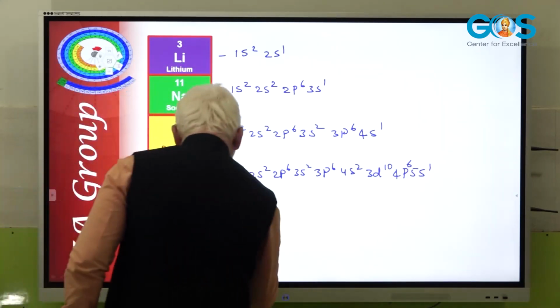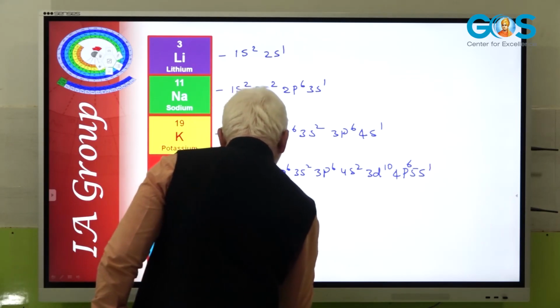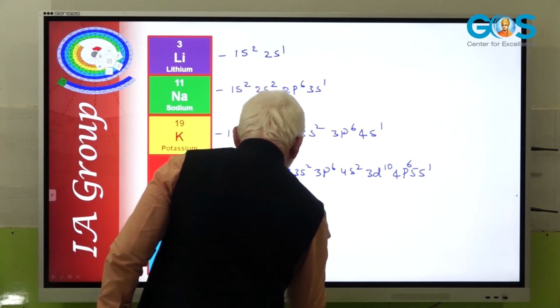In the similar way, cesium is 1s2, 2s2, 2p6, 3s2, 3p6, 4s2, 3d10, 4p6, 5s2,